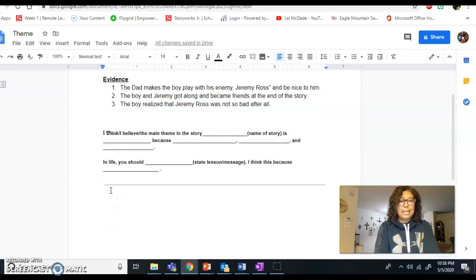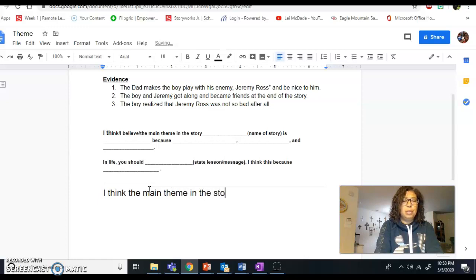All right, so I'm going to start with my sentence stem, and I'm going to use I think. You can use I think or I believe. I think the main theme in the story, and here's where I would put the name of the story. When you do your performance task, it would be the name of your fiction story that you read. But for our practice, we're going to use Enemy Pie. So I think the main theme in the story, Enemy Pie,